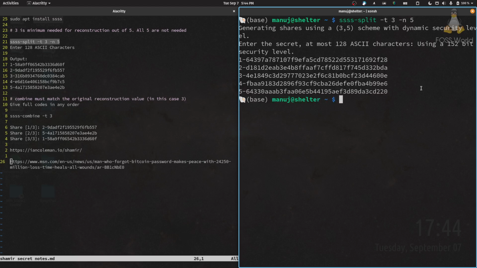So I've just typed the password and pressed enter. Now you see it has given me 5 strings. This is very important. This is what I need to give to my friends. You can copy them